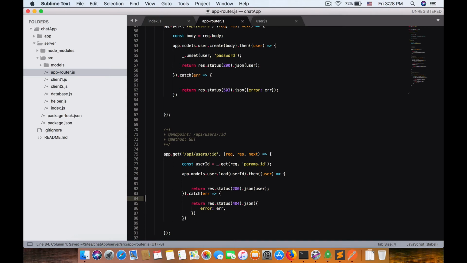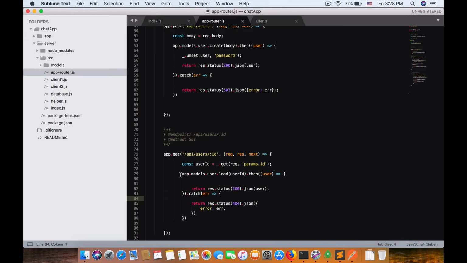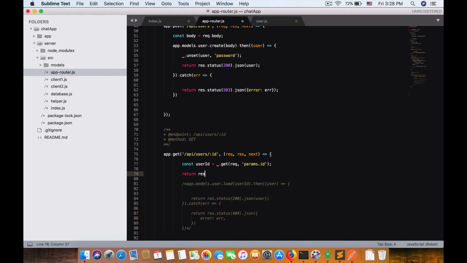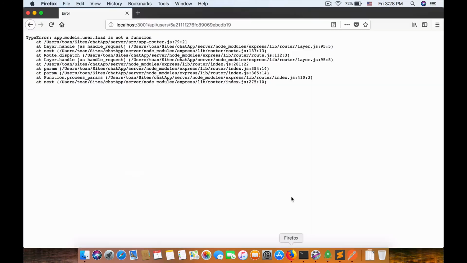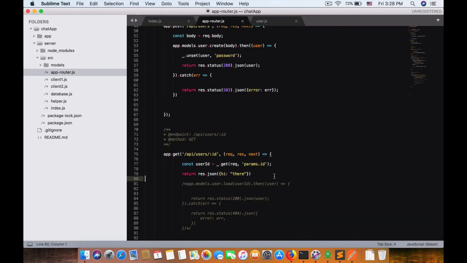Okay, so now you should see, if you refresh it, it should crash. Right, in this case I'm going to uncomment this code and return a temporary message, return JSON "hi there". So now you get a new message in JSON format in the browser. So "hello, hi there", cool. So right, get back to our